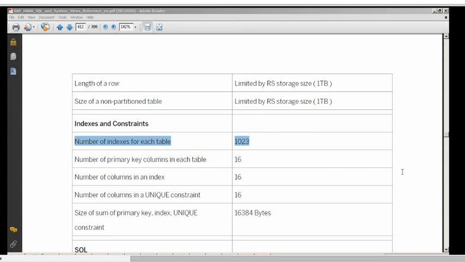We know HANA is much faster in performance. Do we still need to create additional indexes? That's what it is. HANA is fast, because in a column store table, each column itself will act like an index for you. So we really don't focus on it, because if you create an index, it is going to occupy more space again, extra, doubling the space. Not really preferred in column store tables.